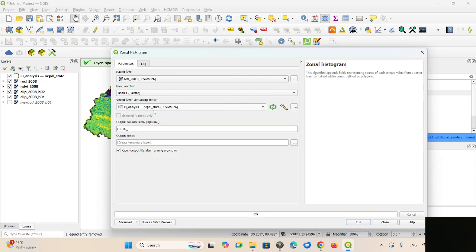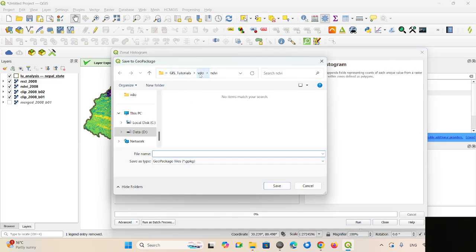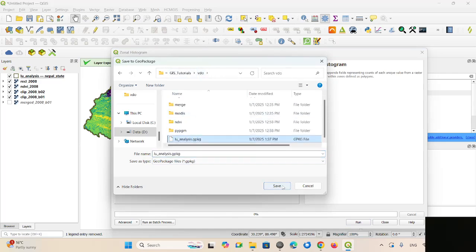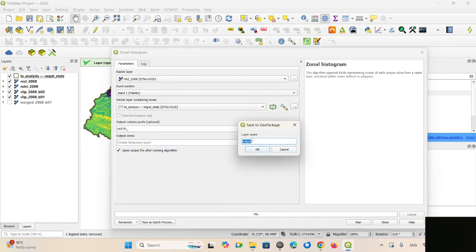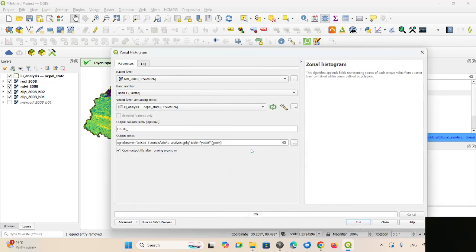the same geometry of Nepal state with added columns showing the histograms. So we can save it as a different layer. So save to geo package, and in the same geo package we can change the name of the layer. So for example, Y2008. Okay. So this will be produced by this tool, and we run this